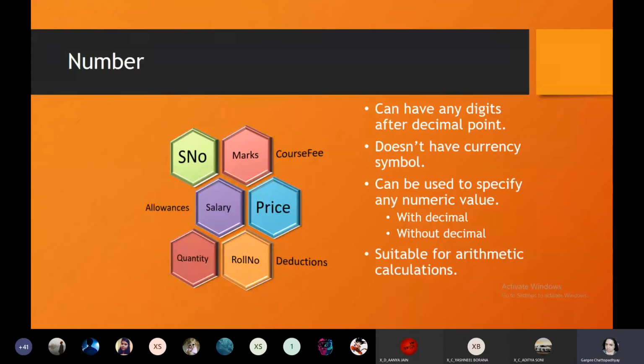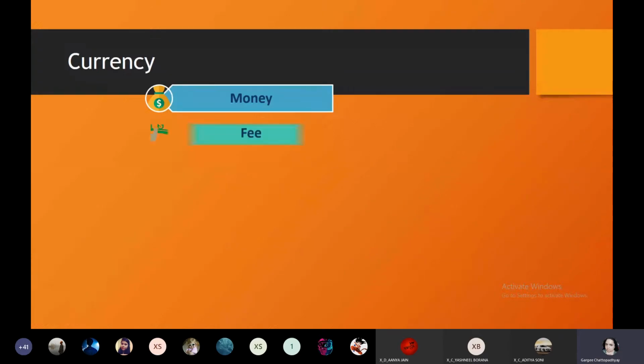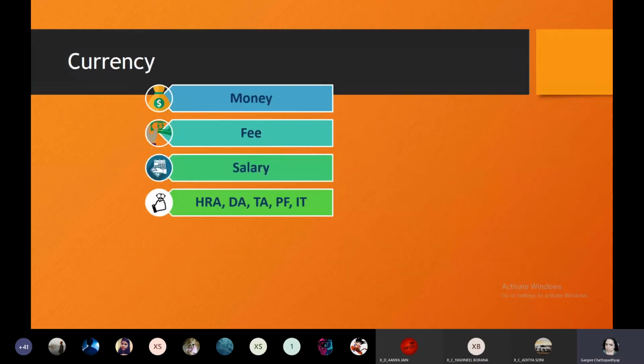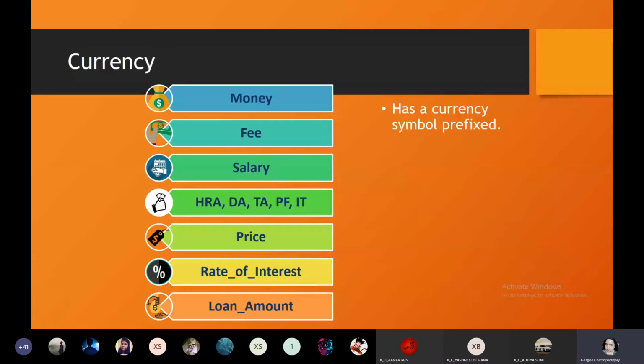Suitable for arithmetic calculations. Next is currency: money, fee, salary, HRA, that is house rent allowance, DA, that is dearness allowance, TA, that is travel allowance, provident fund, income tax, price, rate of interest, loan amount. All these are examples of the currency data type. It has a currency symbol fixed. There are only two subtle differences from number.